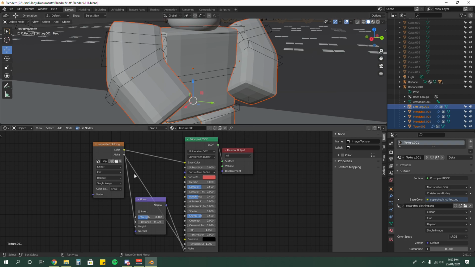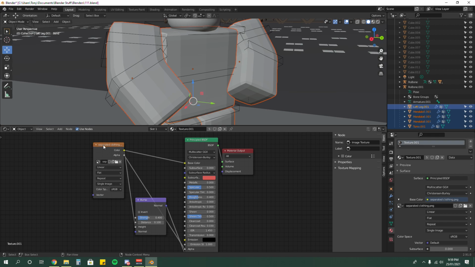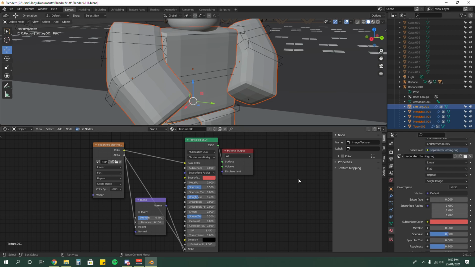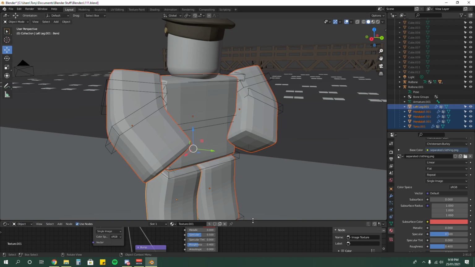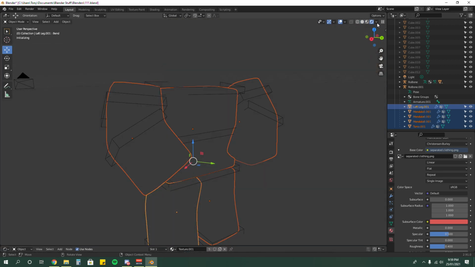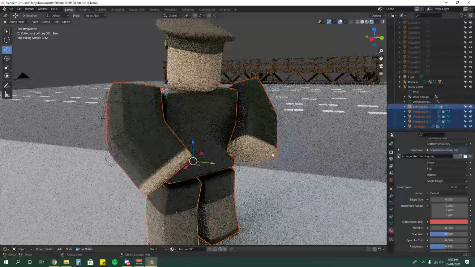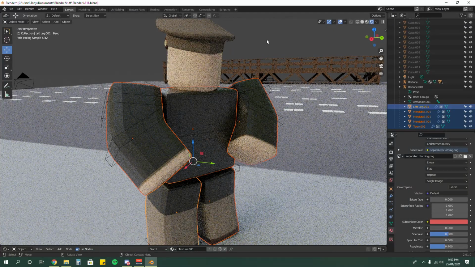Okay, once you got that connected alpha to alpha, separated clothing up here, and principal, that's like the object properties. Same with this red ball icon. See, it's the same. Okay, once you got that, you wanna close this down. Open it. Boom, you can see the hands are visible, right? Hey man, that's pretty poggers.